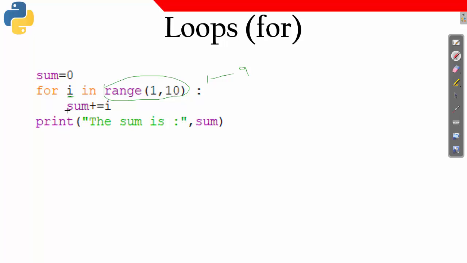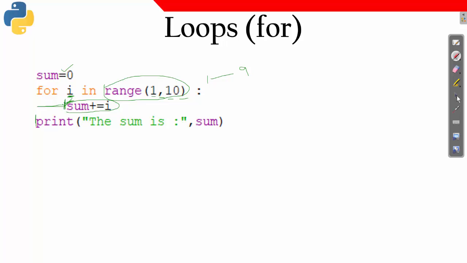I have taken the variable sum, and sum is now added to the i value. The first i value is 1, the second i value will be 2, the third will be 3, the fourth will be 4, something like that. So it will take all the data from 1 to 9. The sum statement right now is a statement within the for statement. Look, the indentation is given, and this print statement is outside the for loop.